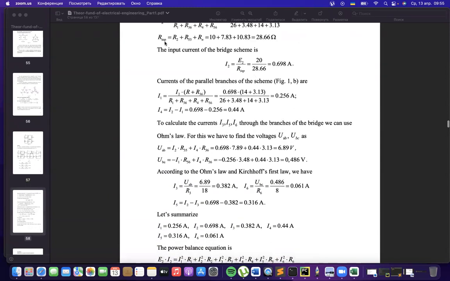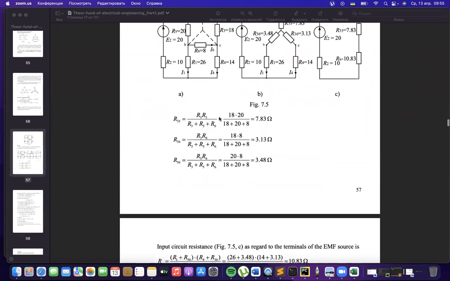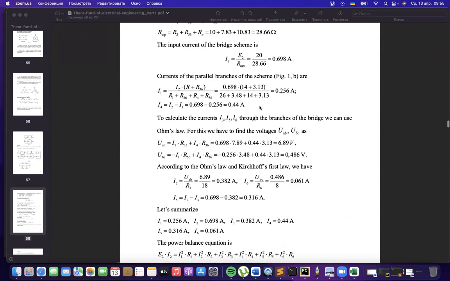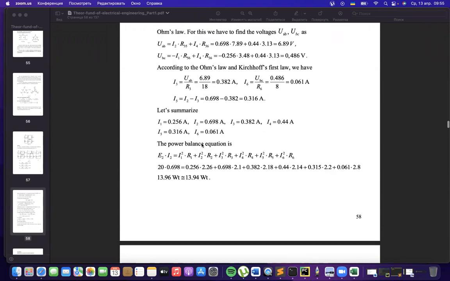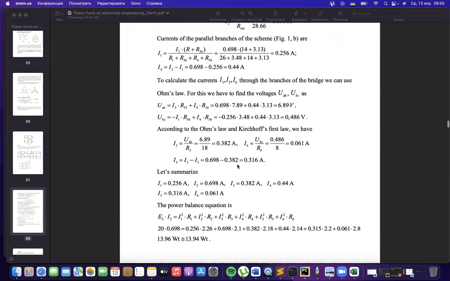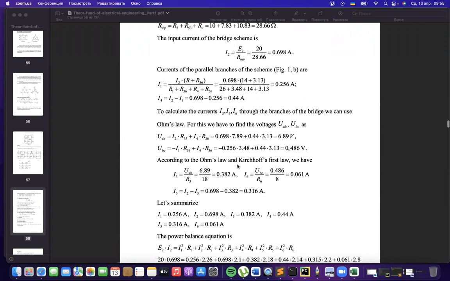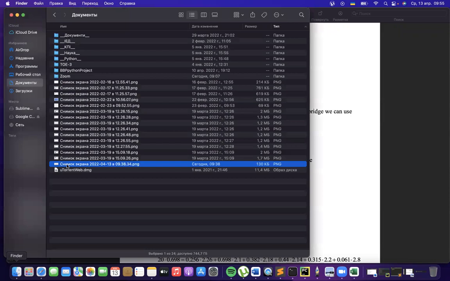After we found the total resistivity, we could find all currents in our circle, all currents in all branches, and also check power balance using these currents. Our main goal is just to find the first one, because it gives us the opportunity to find everything else. As we found the first one,